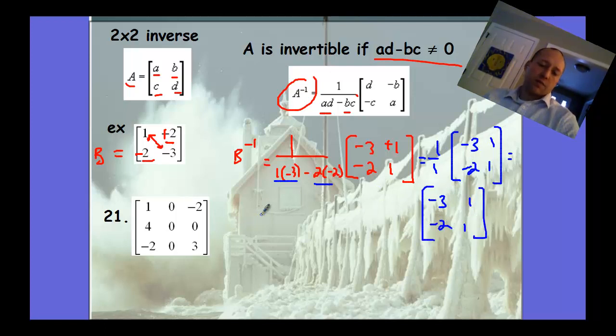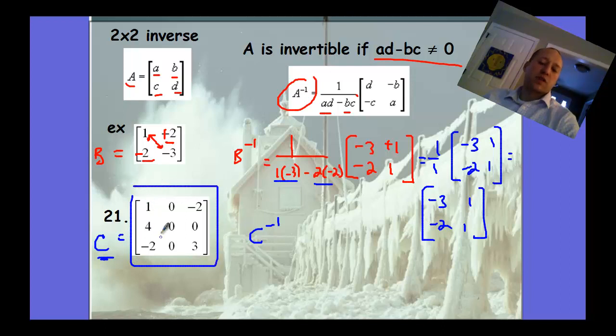So there's your inverse. For a 3 by 3 matrix, for this one you're going to use a calculator to do this. And so I can show you tomorrow in class. I don't have it on this computer. But if we call this matrix C, to find the inverse of C, what you do is you plug C into your matrix window in your calculator. So you need to punch in this matrix, the 3 by 3 matrix,